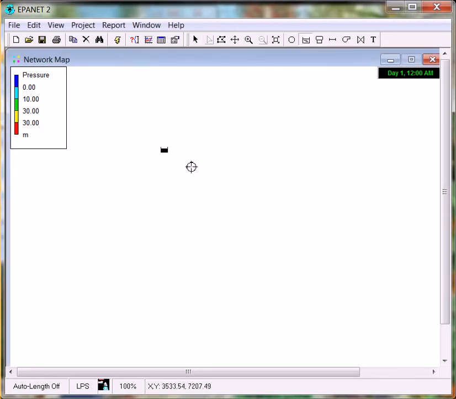So first you'll have your reservoir, which could model a spring, as in the case that we're using it for in Ecuador, or a lake or a river, what have you. You've got a couple of users, and you go ahead and connect these together. And let's say that our spring